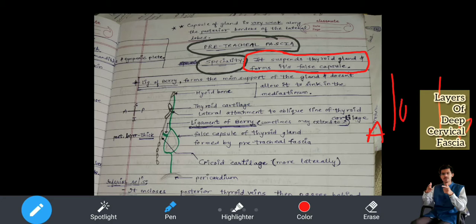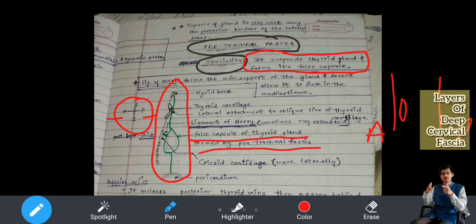Thyroid, as you know, is one of the superficial structures. And as you can see in this diagram, I have shown the orientation. This is the anterior, the behind one is the posterior, on the right is the posterior, above is the superior, and lower is the inferior. This is a sagittal section, my dear friends, drawn through the mid-sagittal plane. Now this is the thyroid gland as shown in the diagram, and the false capsule of the thyroid gland, as I have written, is formed from the pretracheal fascia.